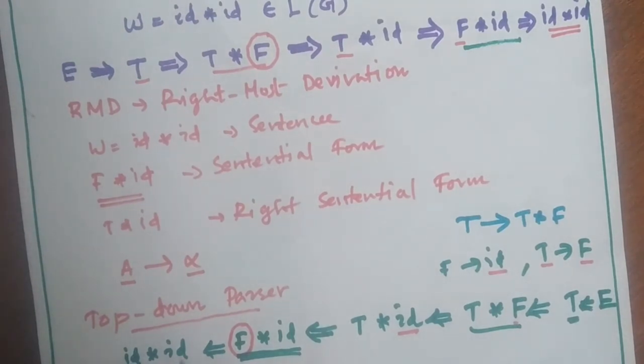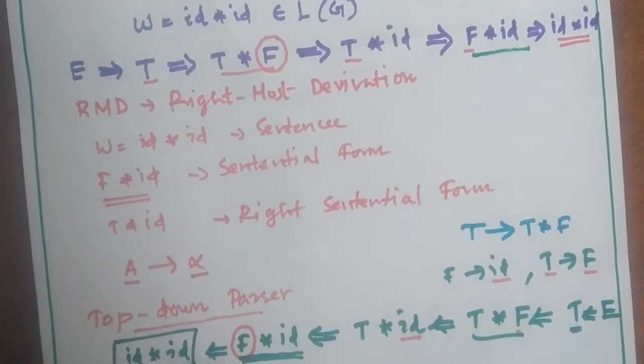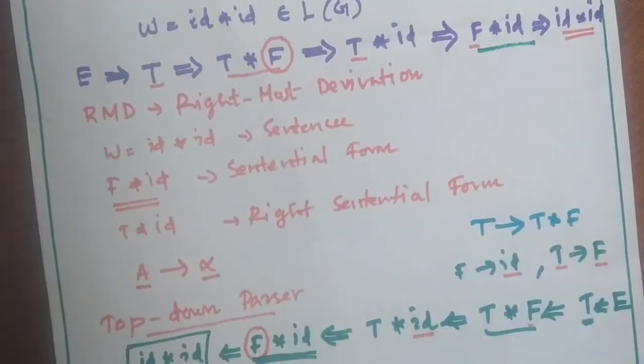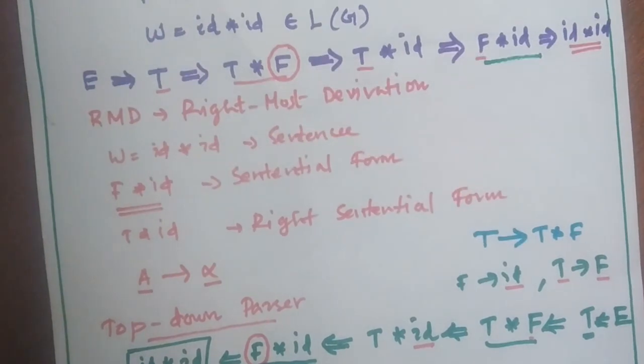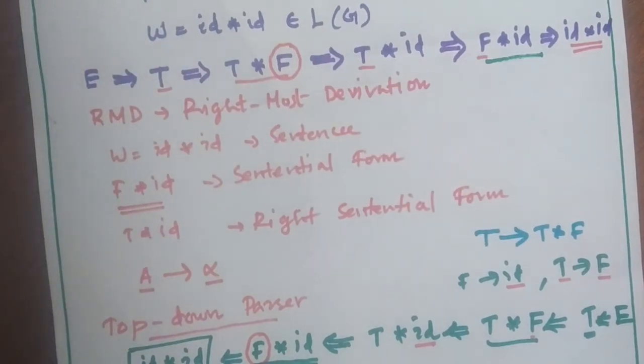So the top-down parser, starting with a given input string, keeps on identifying a substring of that given string which is matching with the right side of a production, and it replaces that substring by the left side of that production, producing the just previous right sentential form in the rightmost derivation of that given string. So here initially this is the string, so it identifies id as the substring, which is the body of a production, and replaces that id by F in order to get the next right sentential form.